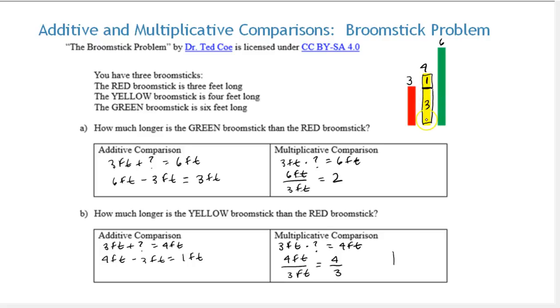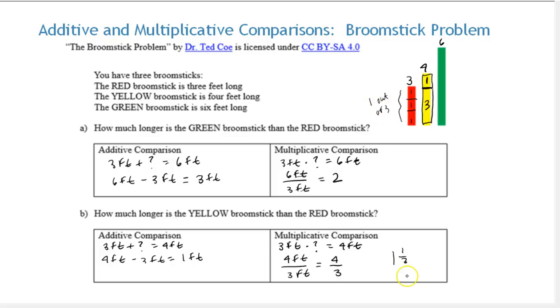This is 1 copy of the red broomstick. And if we cut the red broomstick into 3 equal pieces of size 1, it is 1 out of 3 times larger, or 1 1/3 copies. So this is a full copy of the red broomstick, and this 1 is 1 out of 3,